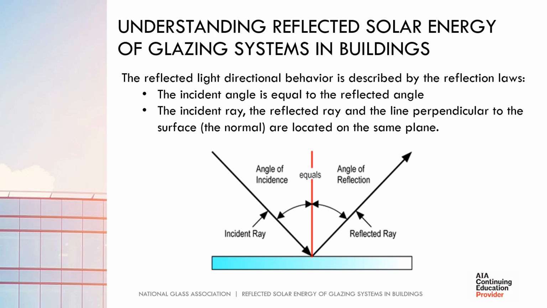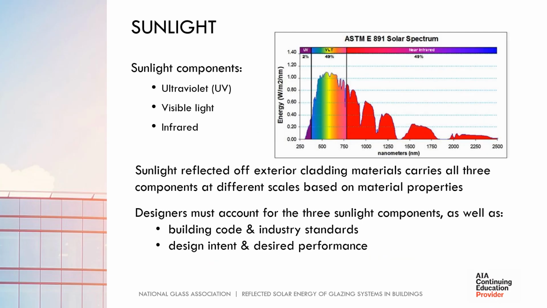The reflected light directional behavior is described by the reflection laws and shown in the figure above. The incident angle is equal to the reflected angle. The incident ray, the reflected ray, and the line perpendicular to the surface, the normal, are located on the same plane. We must remember that sunlight is comprised of different components: ultraviolet, or UV, visible light, and infrared as shown